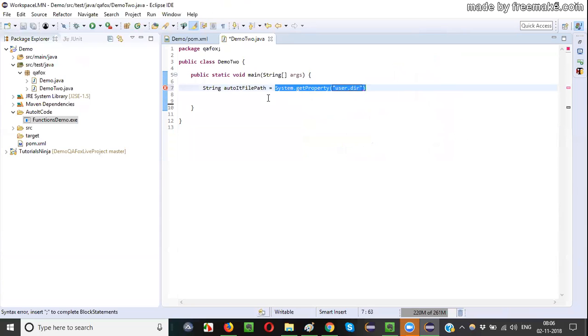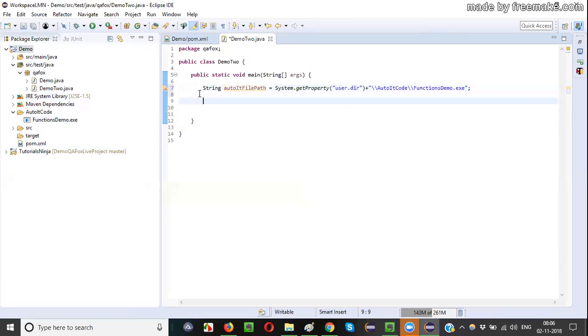This is nothing but the path of the project, guys. This will get the path of the project. I will append to this particular path the path of this AutoIT code/functionsdemo.exe. That's it. This is the complete path, guys. This is the workspace path plus the path to the functions demo.exe in the project.